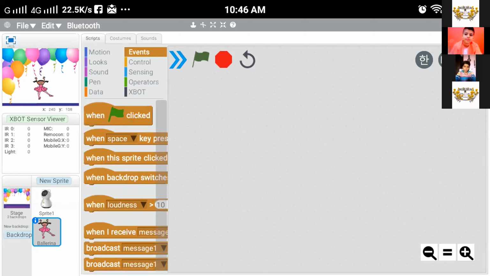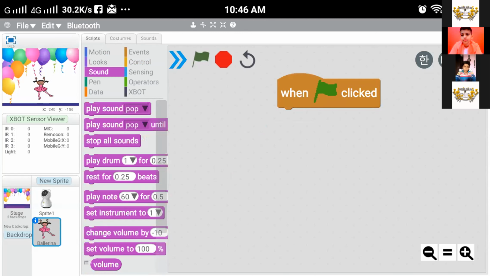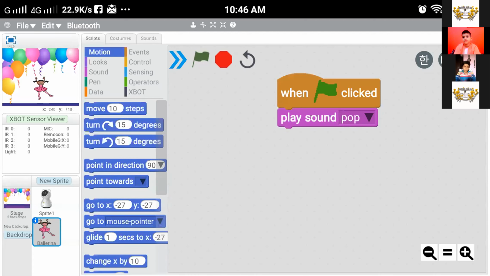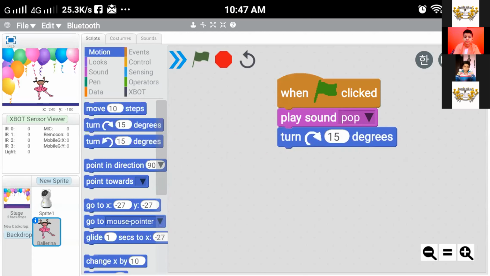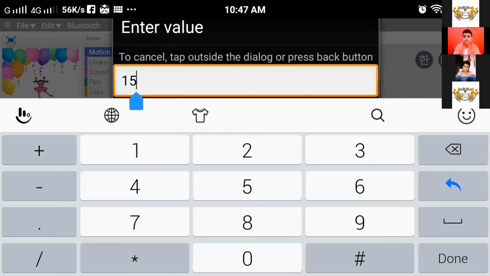So I'll go to events first, drag this. Now go to sounds, drag this. We will change it later. So turn 15 degrees, and instead of 15 I'll make it 90 degrees.